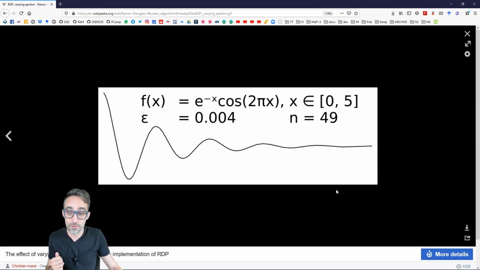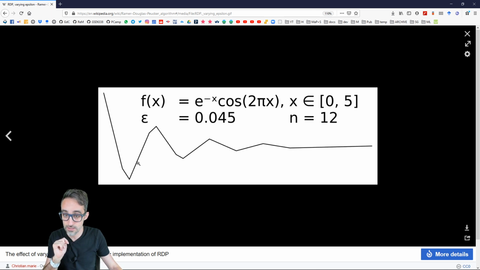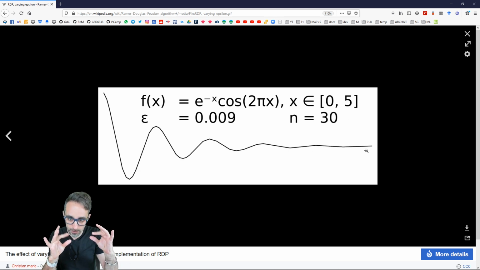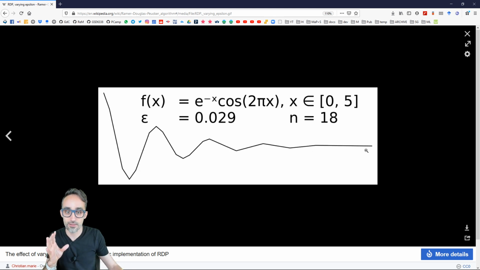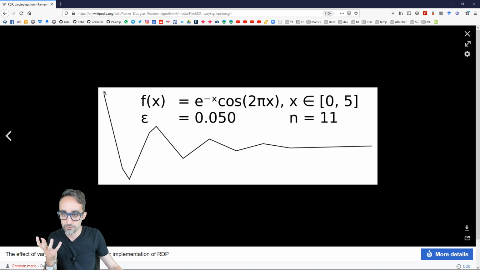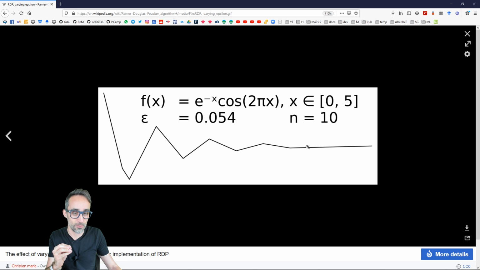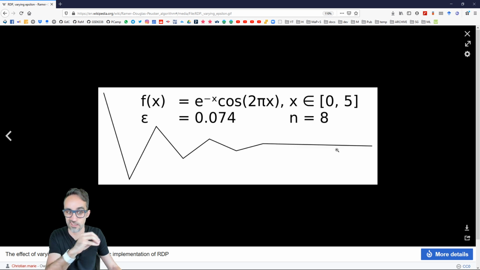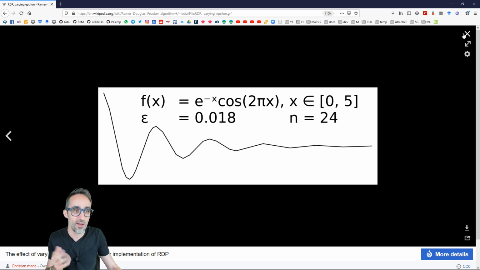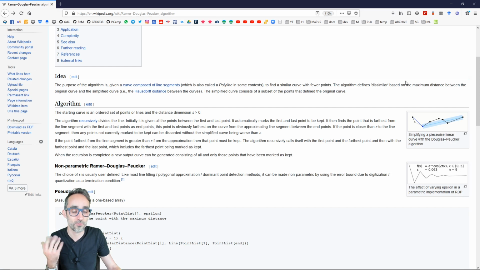So what I mean by this overall shape is, in this curve that you can see here, you can see how the overall shape is basically an undulation that keeps damping down. So the algorithm is actually smart enough to be able to identify which are the vertices that actually represent the spirit of this polyline, and then keep those, as opposed to the other ones, for example, all the vertices that would be in the middle of this almost straight line, which are not really adding much detail to the polyline.